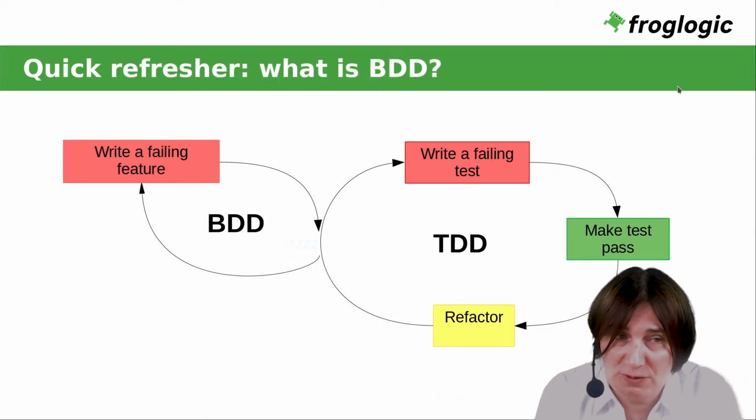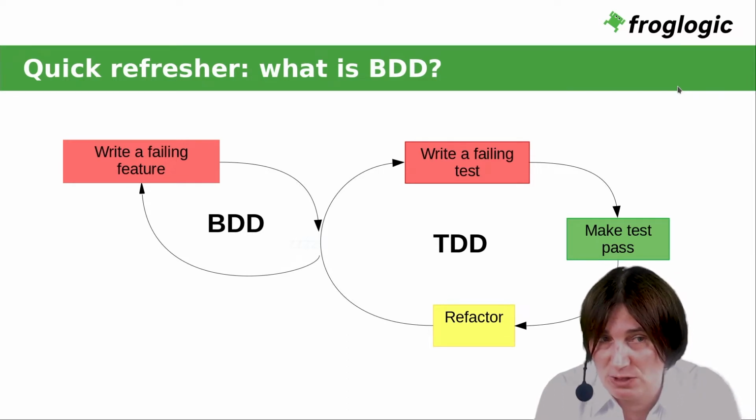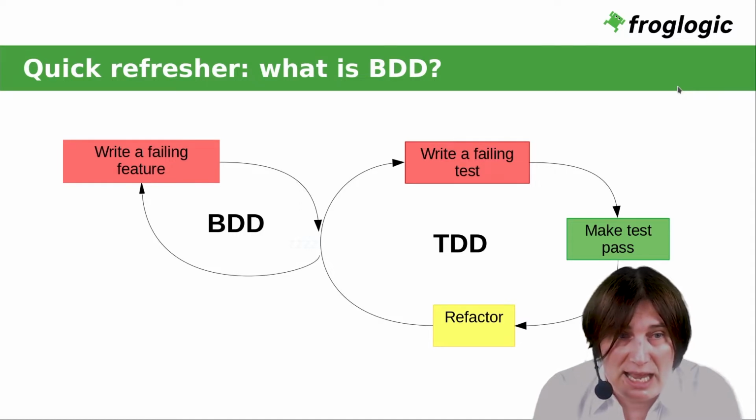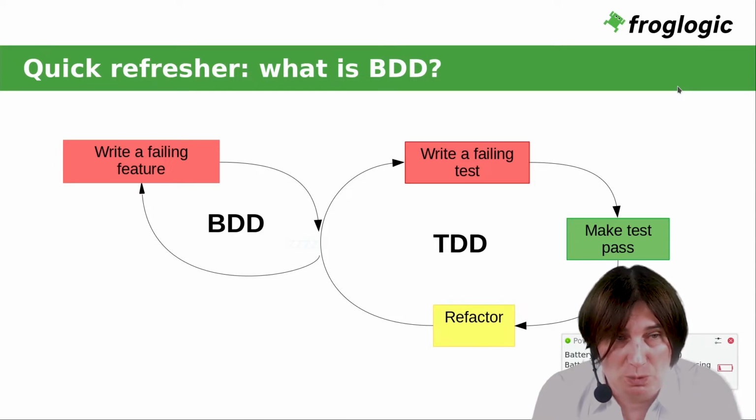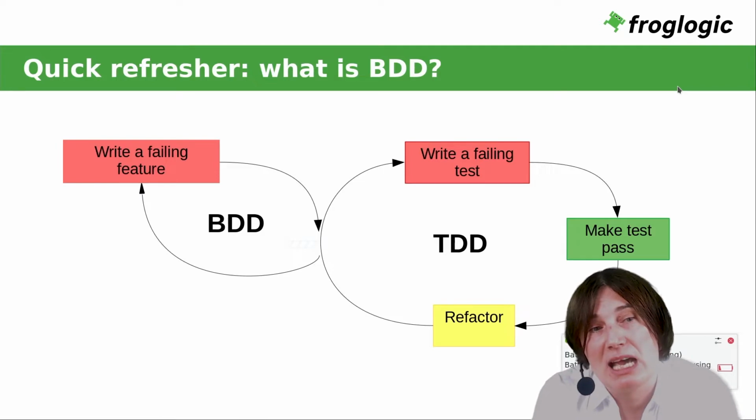And behavior-driven development adds an additional layer of abstraction over the test-driven development cycle, in that we initially agree on a feature, we specify the behavior of the software, and we come up with some set of rules and examples of how